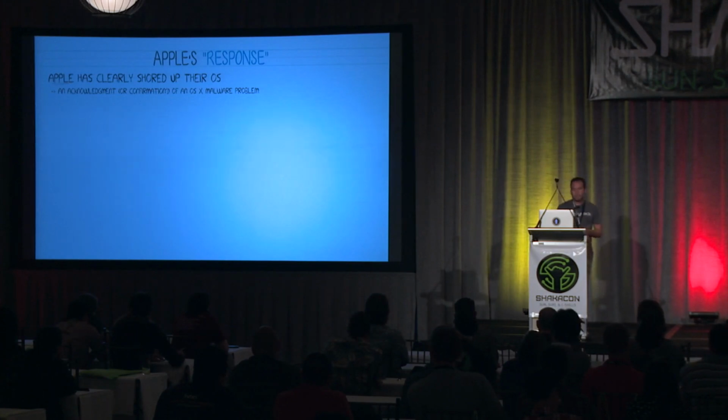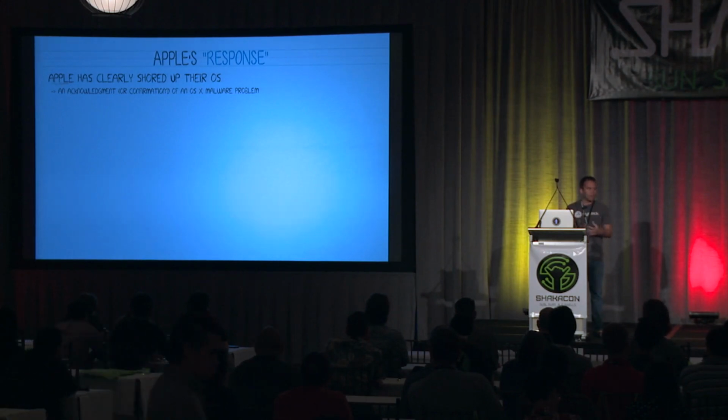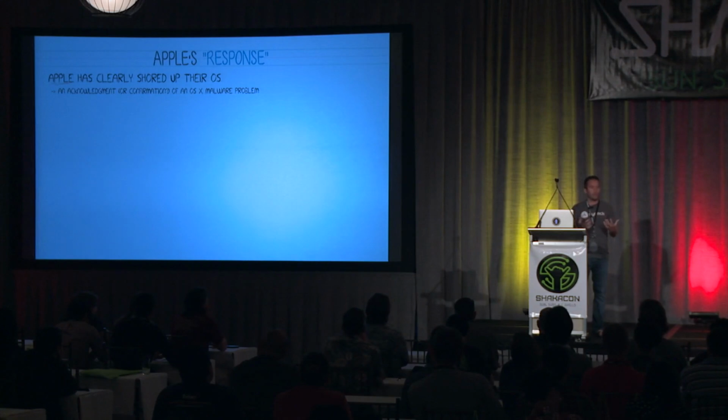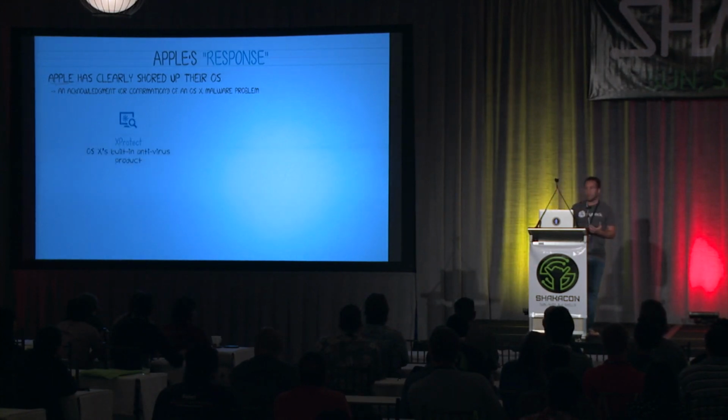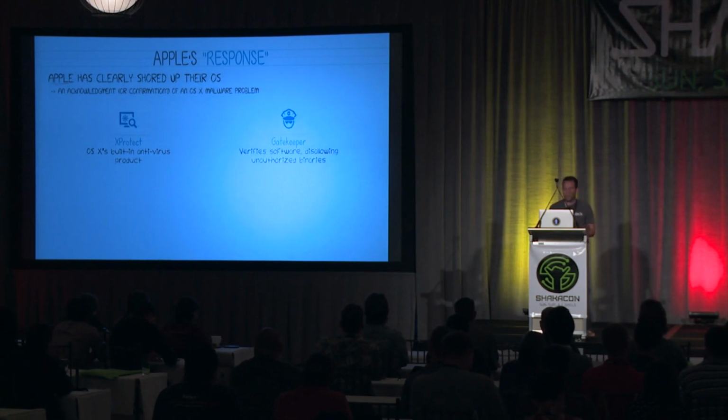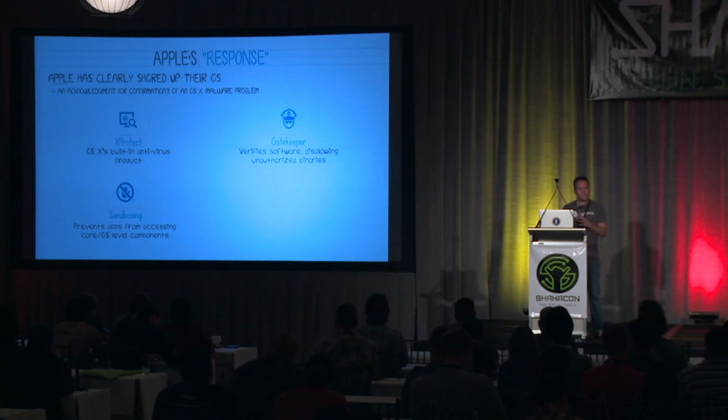So Apple has recently introduced a myriad of security enhancements, which to me confirms that, hey, OS X malware is really a problem. Apple claims that this is very proactive. They want to make sure their users are secure. But in reality, I think it's more of reactive steps that they're taking, but they just put a positive spin on it. These security enhancements include XProtect, which is Apple's built-in antivirus product, Gatekeeper, which verifies downloaded software, Sandboxing, which prevents applications from accessing OS or core-level components, and finally, signed code, which is a mechanism where all signatures are verified and only signed kernel extensions or kexts are allowed to load.